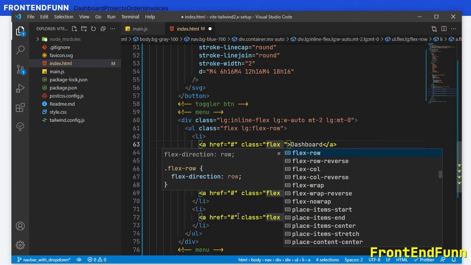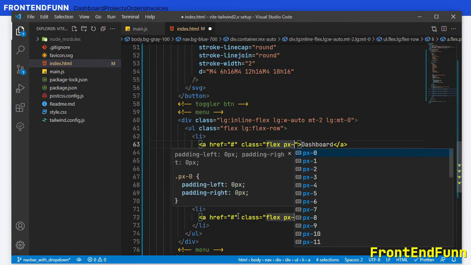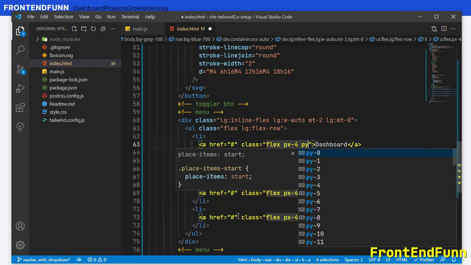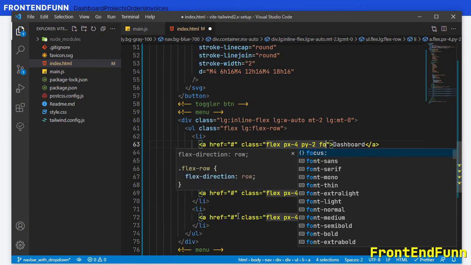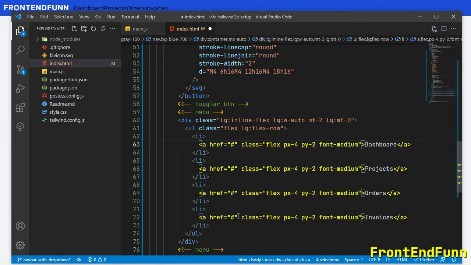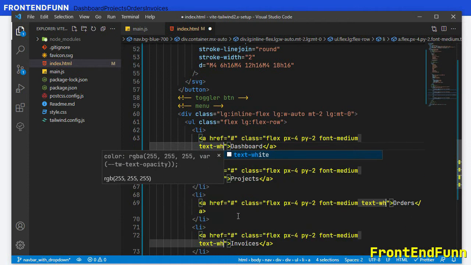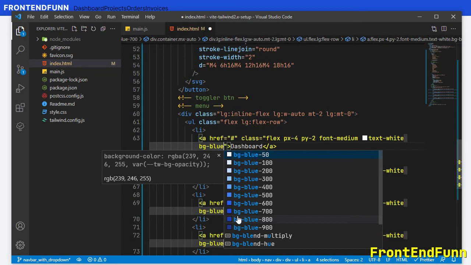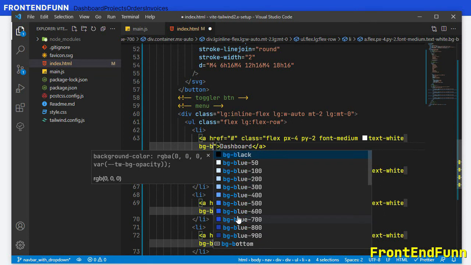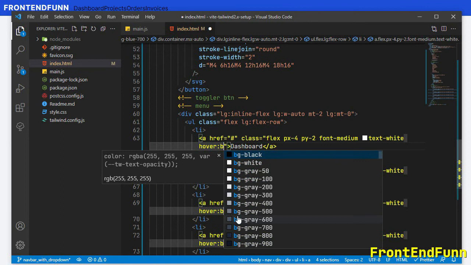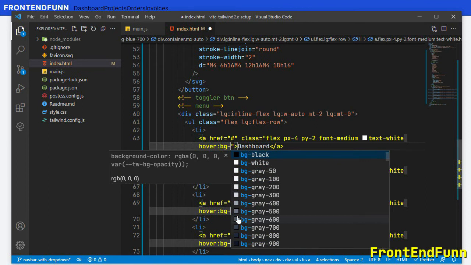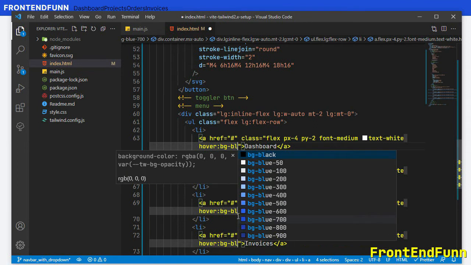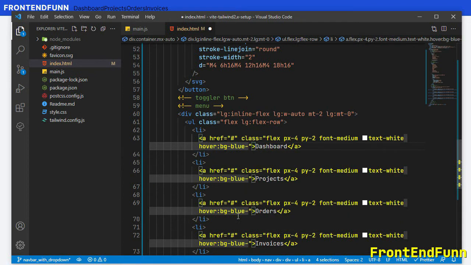We want the anchor elements to be displayed as flex, and we'll add some padding, so px-4 and py-2, and we'll set the font to medium, and let's make the text white, and when we hover we'll set the background color to bg-blue-800.